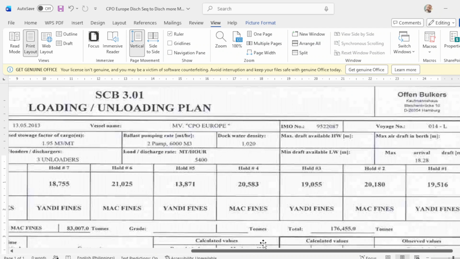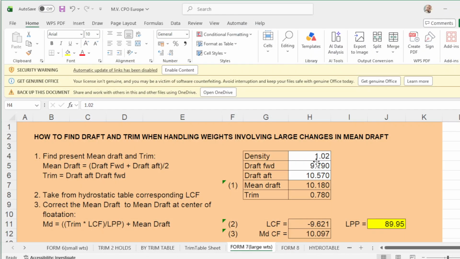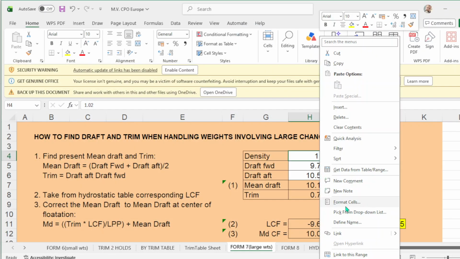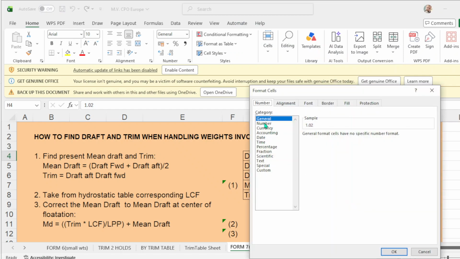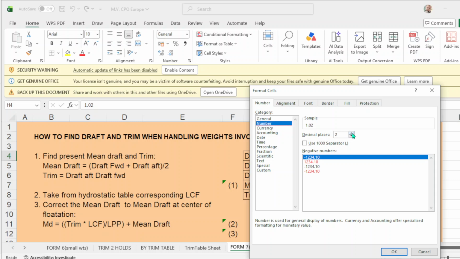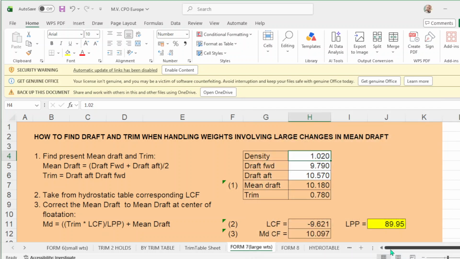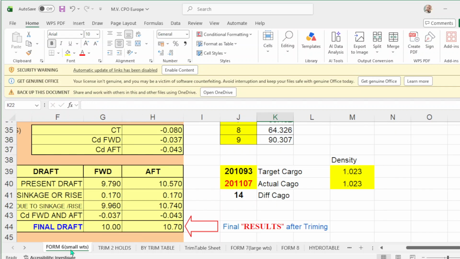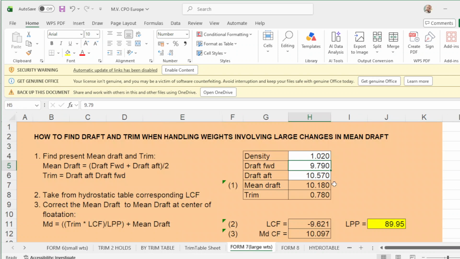Density is 1.020. Okay, so density is what number to put here? 1.020. Take note of the forward drop. Forward drop is 9.79. 9.79. And up drop,